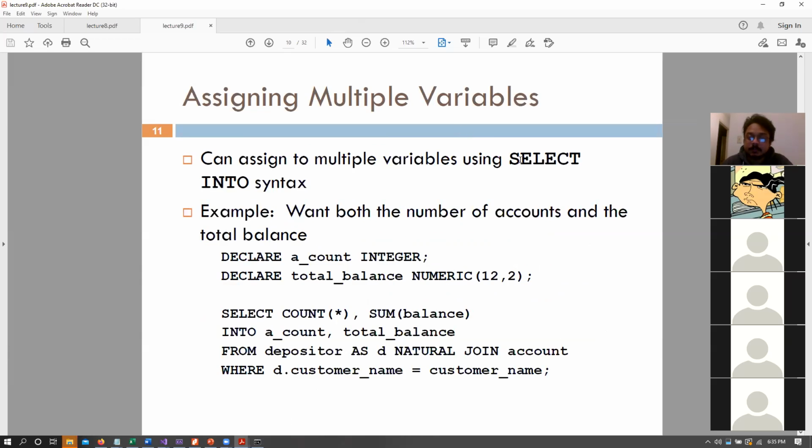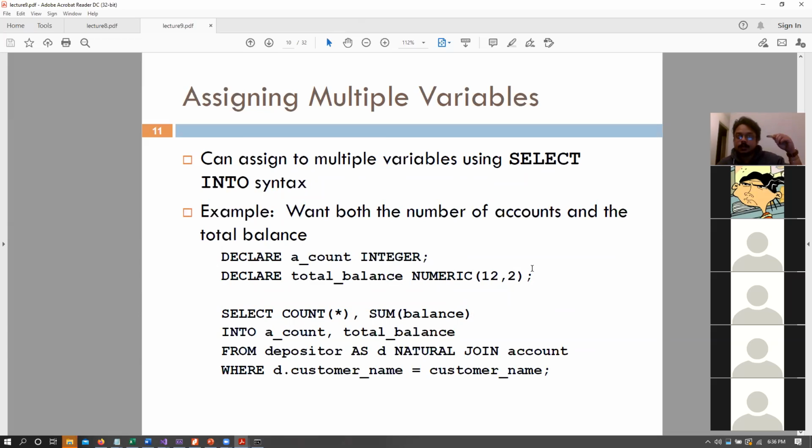We can also assign multiple variables using our select into syntax. So select count star and sum balance, so the number of rows and the total balance, into a count and total balance, right? Here, you can see that we have declared two variables, a count integer, total balance numeric 12,2. And one thing to note is that whenever you are writing SQL functions, all the variables that you declare for your SQL functions need to go up top.